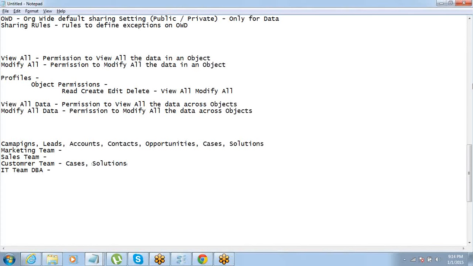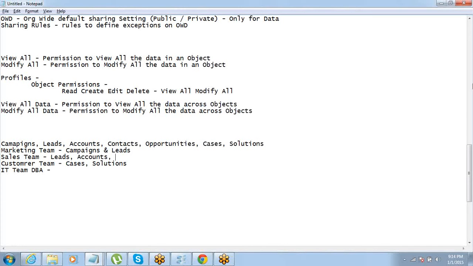Marketing team needs more access to the campaigns and leads. They would be more interested in looking into what all campaigns they have to do and what all leads they could generate. Sales team will be more interested in the accounts, or maybe starting from leads at least.